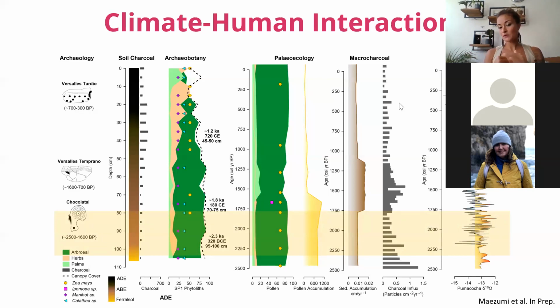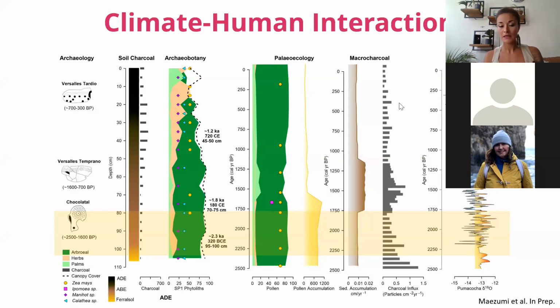This record actually goes back much longer. It's a Holocene record, so it basically covers the last 10,000 years. And we have crop cultivation of maize starting 5,000 years ago. So I'm just cropping here now because we're going to be comparing it with the archaeological ceramics, but do know that there was a previous phase of occupation prior to the formation of the Amazonian dark earths where people were cropping